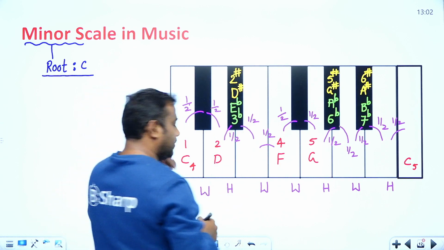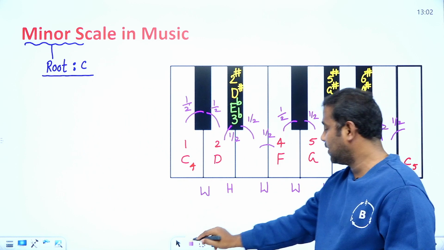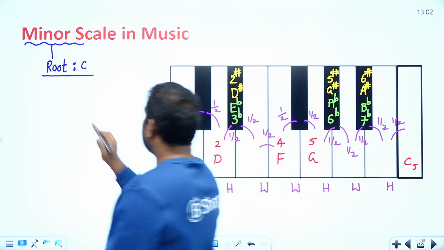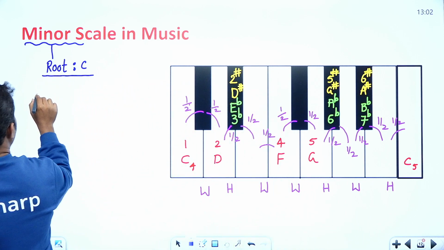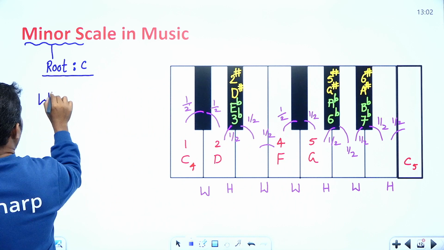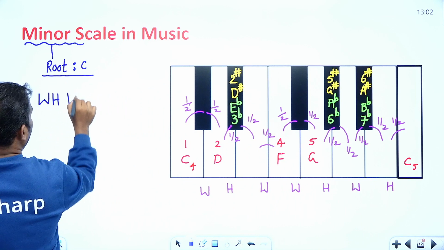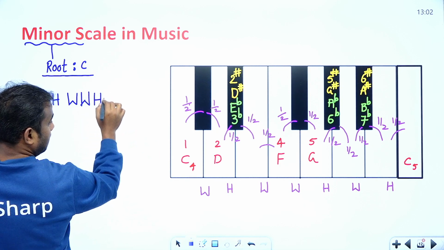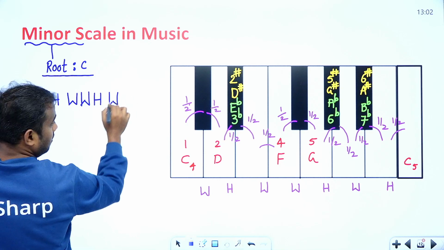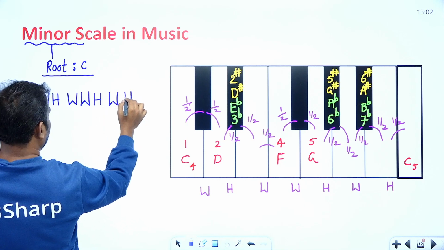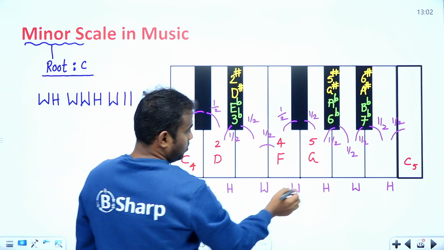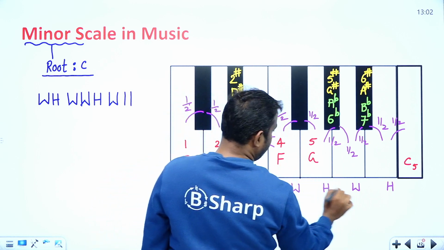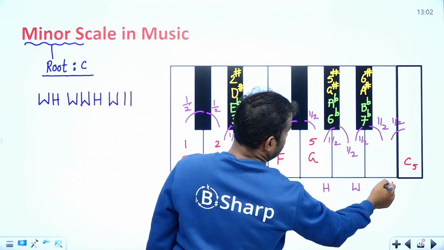Now if you look here, in order to write it normally in a difference form, in case of a minor scale, it is one whole, half, whole, whole, and half, then whole, half. Okay, so whole, half, whole, whole, whole, half, whole, half, and again this is another,